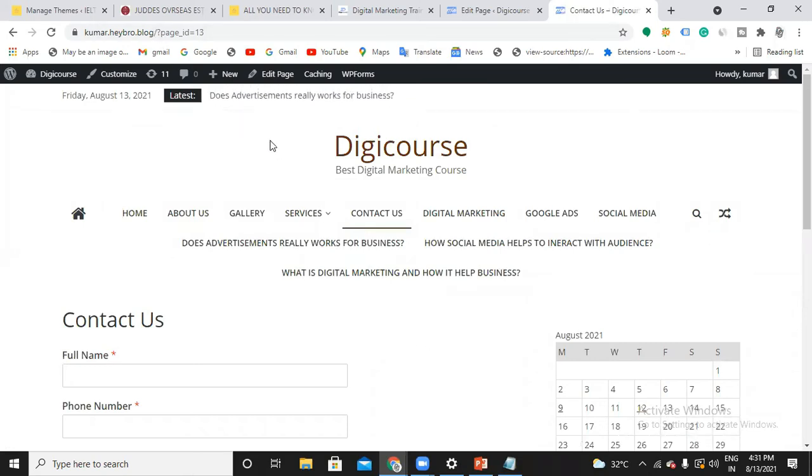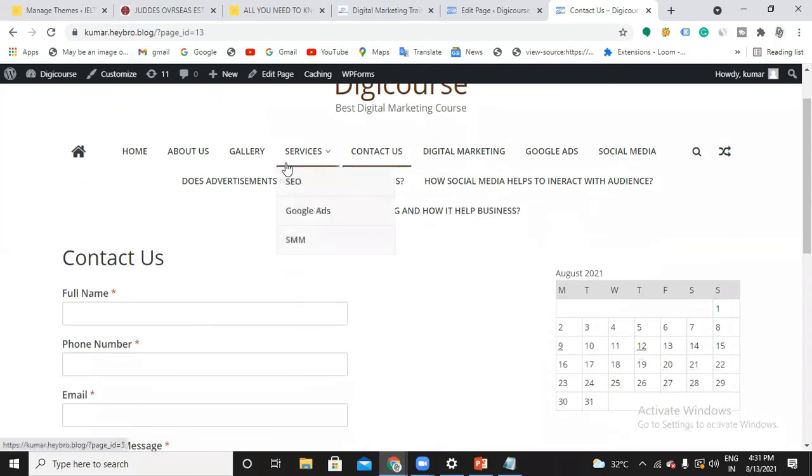Okay. So now I have worked on WP Forms. You can take any of the plugins that are displaying over there and work on that. But okay, fine. People come to your site and fill up the information. Where does every piece of information get stored? Where does every email address and contact number go? Who will receive this information? The owner. You. So how is the owner going to receive this information?